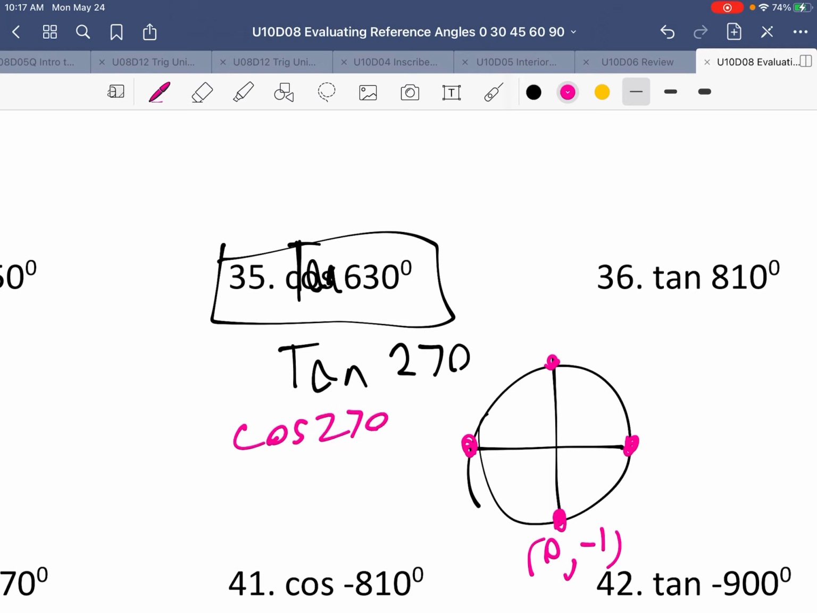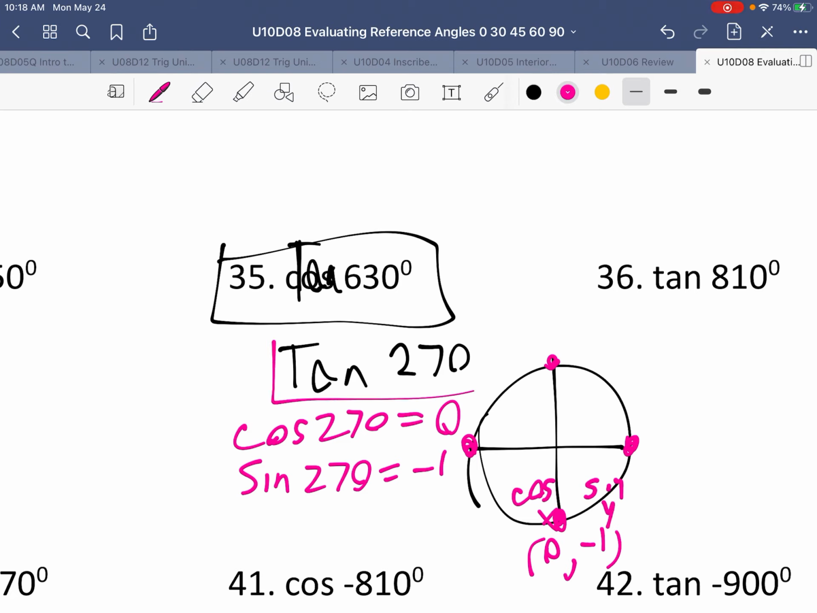So the cosine of 270 is equal to 0. The sine of 270 is equal to -1, because the x values are cosine values and the y values are sine values. And the tangent of 270 will be equal to -1 divided by 0, which is the sine over the cosine, which simplifies to undefined. So the tangent of 630 is undefined. The sine of 630 would have been -1, and the cosine of 630